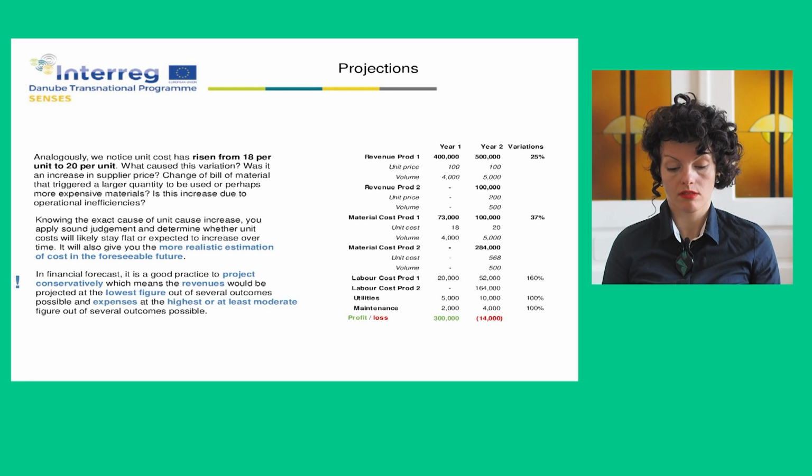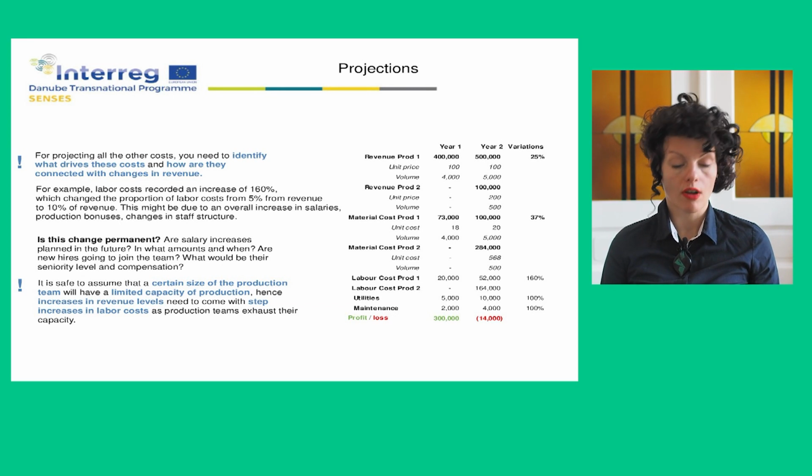Knowing the exact cause of the unit price increase, you apply sound judgment and determine whether unit costs will likely stay flat or are expected to increase over time. It will also give you a more realistic estimation of cost in the foreseeable future. In financial forecasts, it is a good practice to project conservatively, which means the revenues will be projected at the lowest figure out of several outcomes possible, and expenses at the highest or least moderate figure out of several outcomes possible. For projecting all other costs, you need to identify what drives these costs and how they are connected with